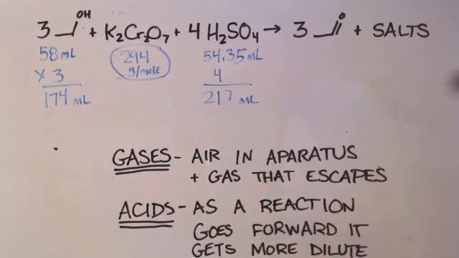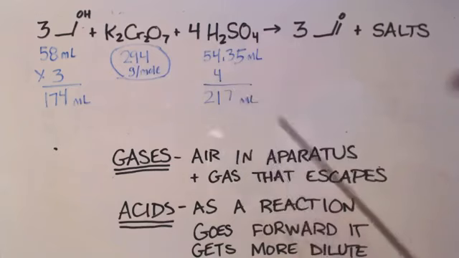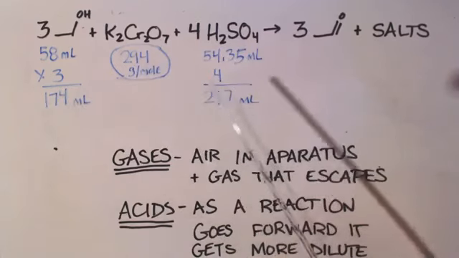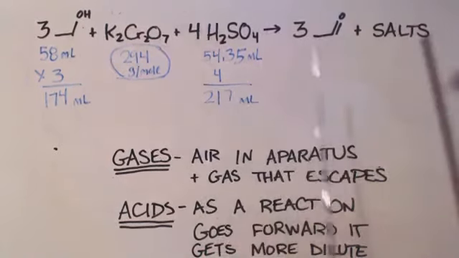You might ask, well, what if you don't want to use this much? What if you want to use less or more? Well, let's say you want to use 10%. Use 17.4 grams here. That means you use 10% of this and 10% of that. It's that simple. If you use twice as much, you use twice as much as this and twice as much as that. Now, I want you to keep in mind, just because it says stoichiometrically